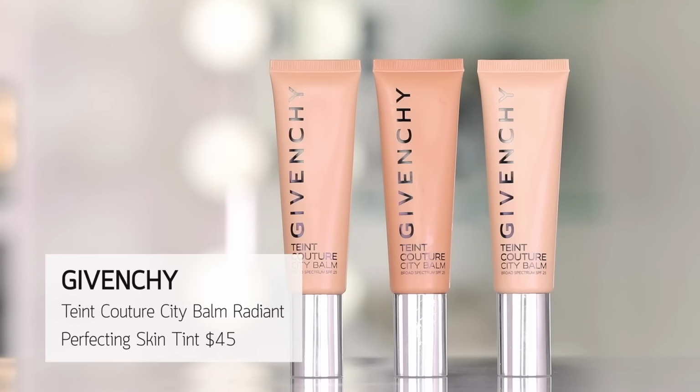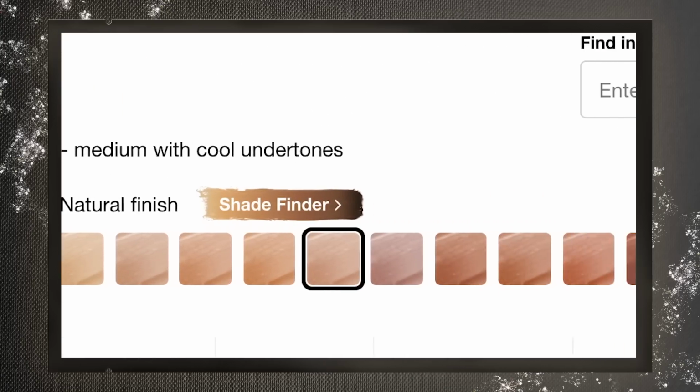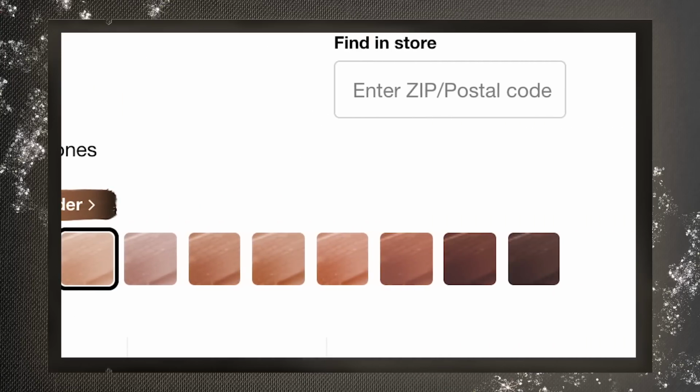Okay, so I have a few options for my base. Now, Givenchy just came out with this Couture Balm. Whoa. It comes in a lot of different shades. Let's see if I can attempt to find mine. I think I want to go in with the blender. This actually looks pretty good. This is the shade